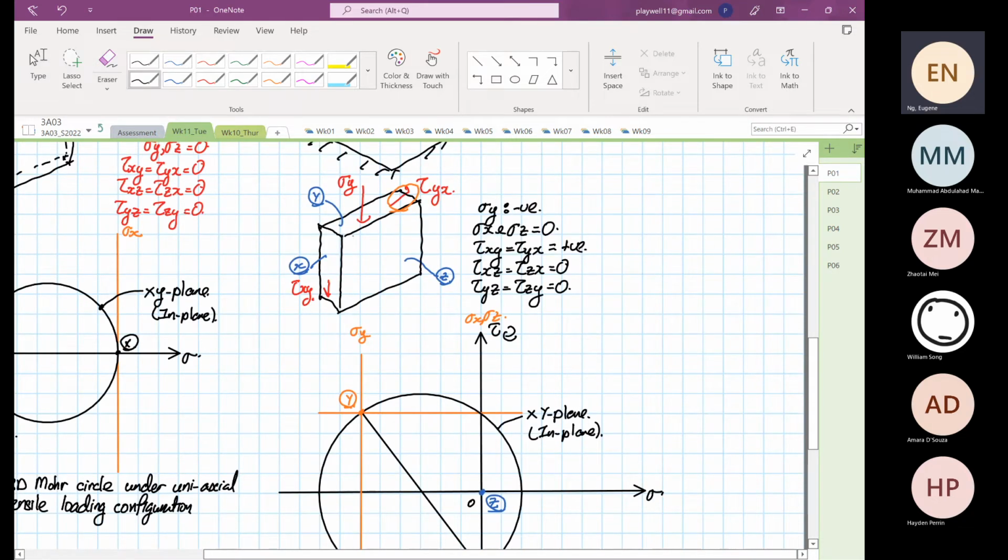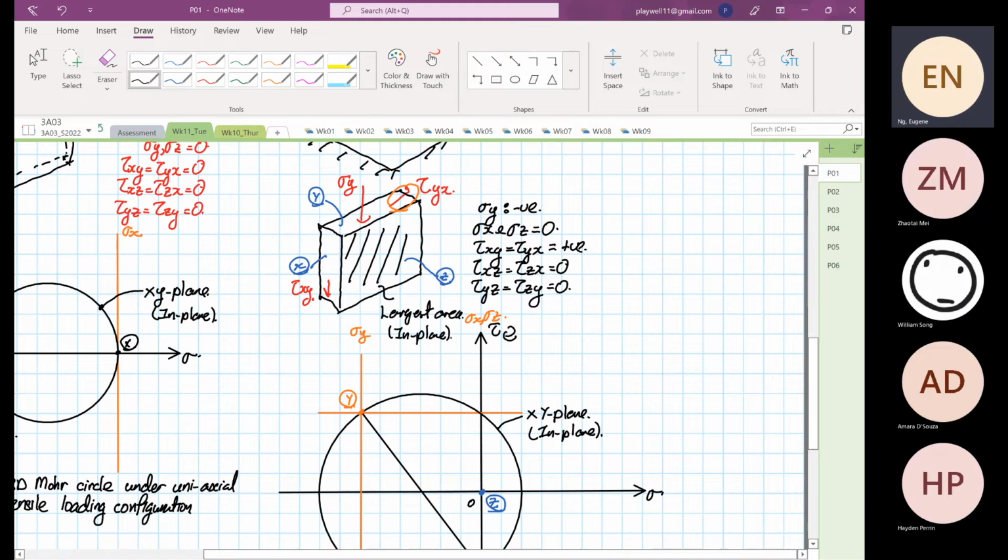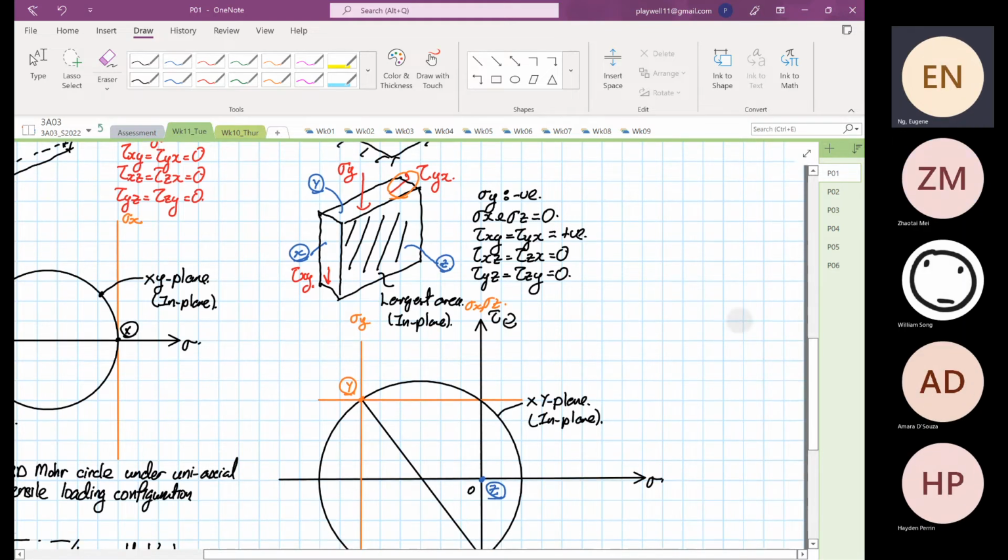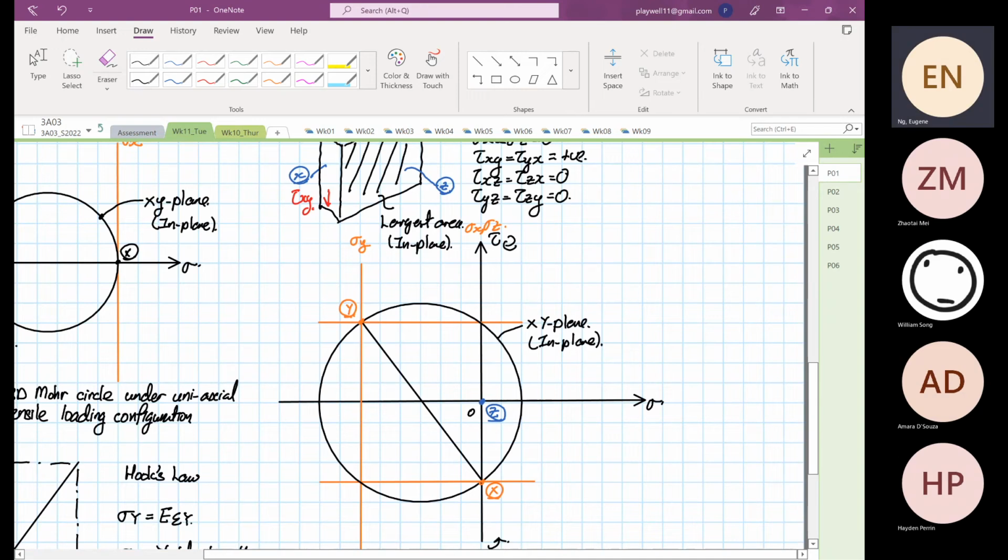So this plane over here has the largest area, so it's usually known as our in plane. The smaller areas are out of plane. Okay. So in 3D Mohr circle, we usually call our principal stresses stress A, small a, and this is stress